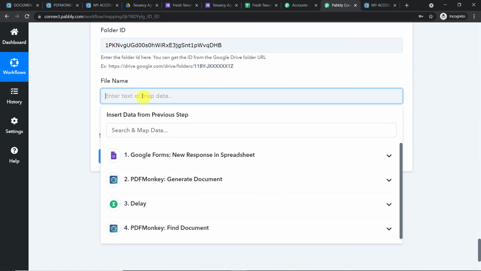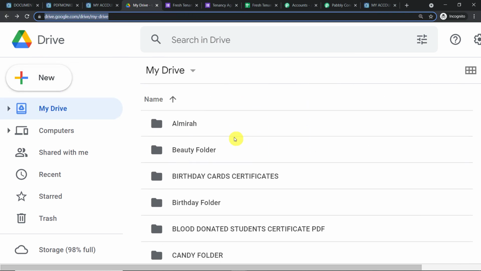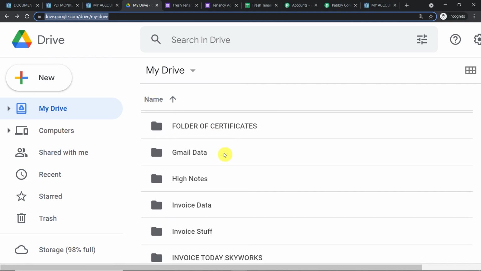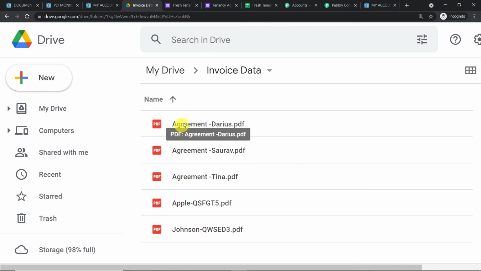Now, when a PDF is created, we want that PDF to have a unique name. For instance, let me just go back and show you all the PDFs that were created earlier. Let me show you invoice data, I think. As you can see, earlier it was agreement dash something. These are all the PDFs that have been created from my Google Forms data.